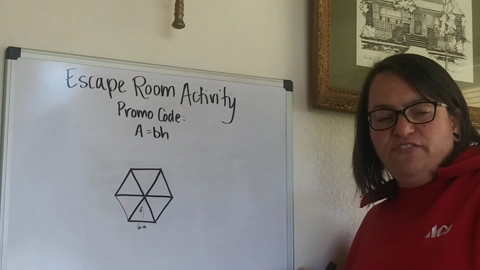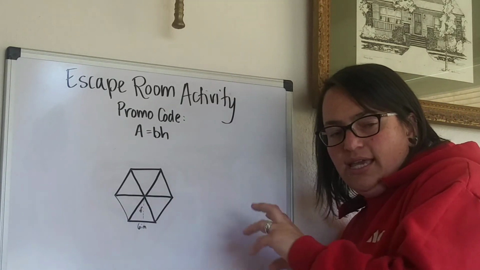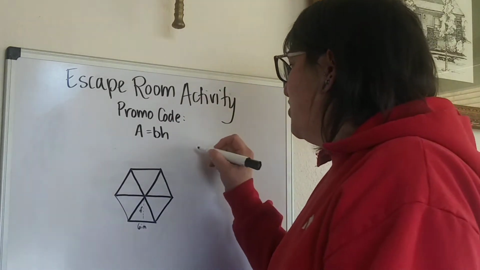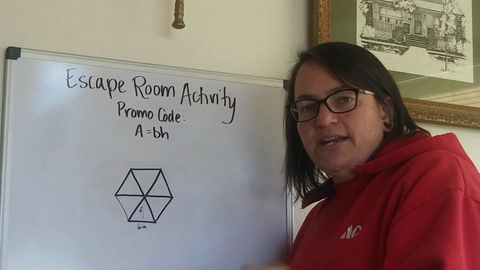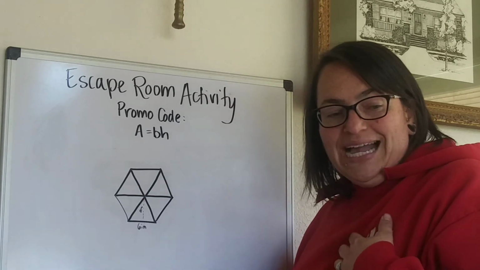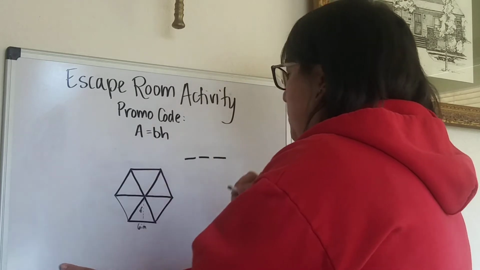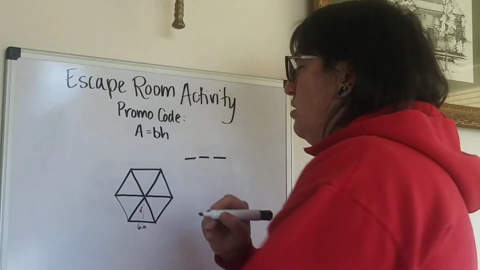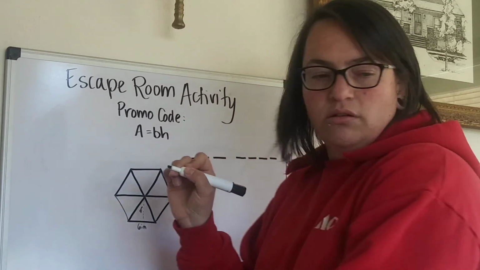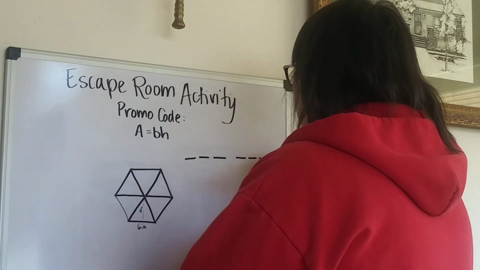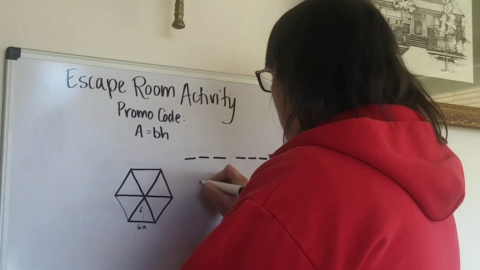Now, this one's kind of funky because you have to solve the code first and then do the mathematics, okay? So the first part gives you a bunch of symbols, and then at the bottom it tells you what letter corresponds to what symbol. So what I did on my paper is I literally did, okay, the first word has 3 symbols. The second word has 5. And then 3,